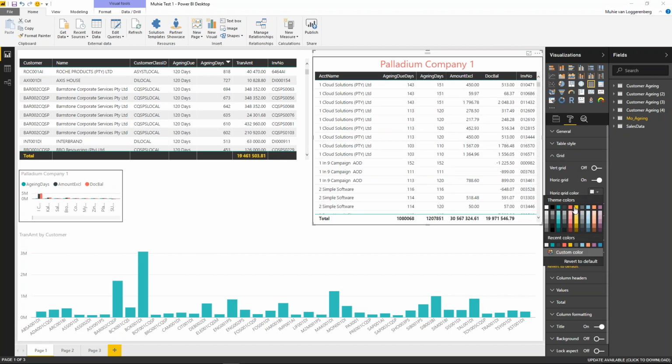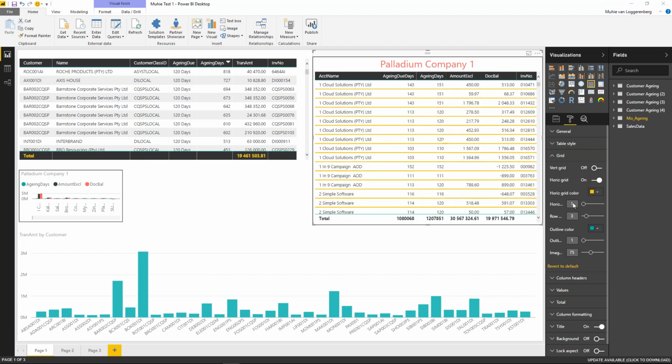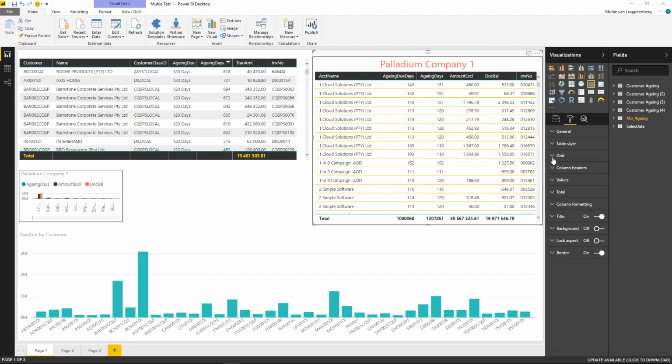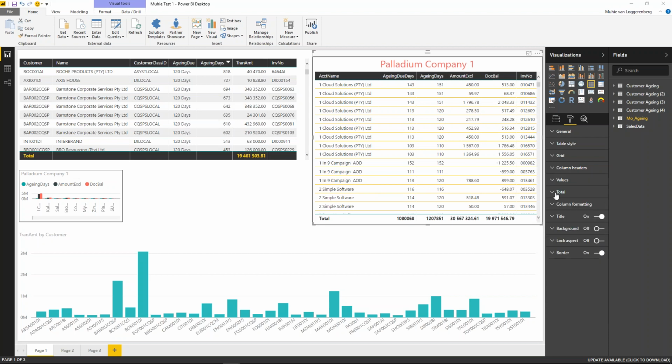I can go and change my color to be all yellow. I can make my lines thicker. So there's quite a bit of playing around, making it look nice for you. If you want your font color different, you can go and select it as well. So there's quite a bit of stuff. Your totals. This is something the guys normally ask as well, as we want the totals in a specific color